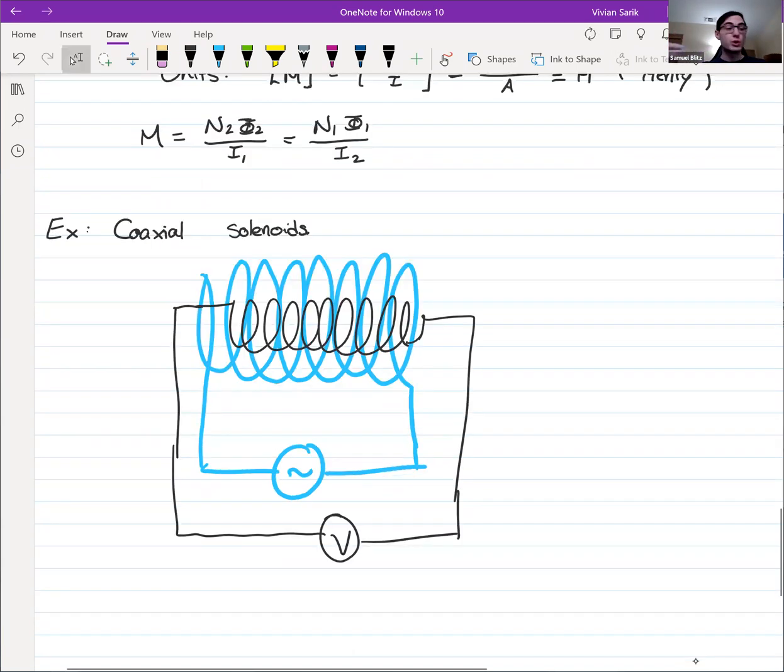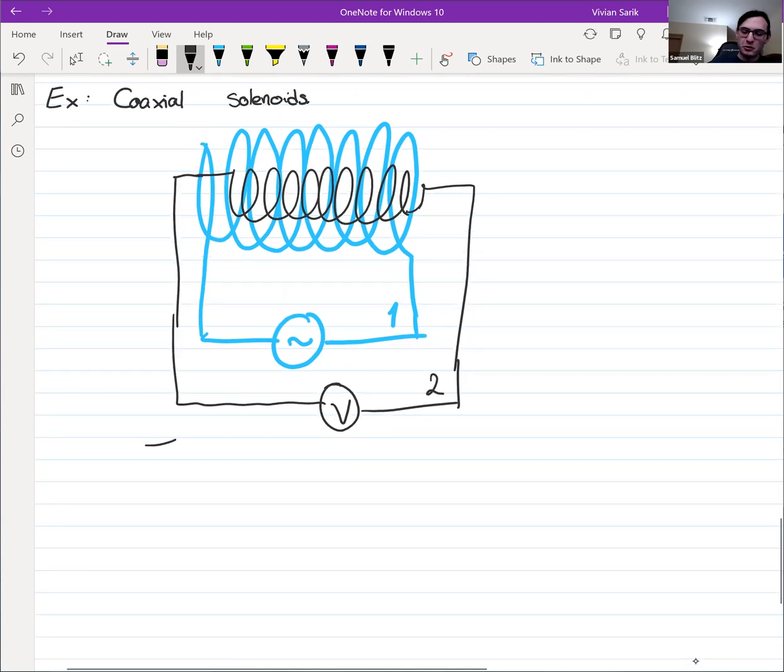So we can derive the mutual inductance of the system. Let's say that blue one we're going to call 1, and the black one we're going to call 2. So the magnetic field from I1,